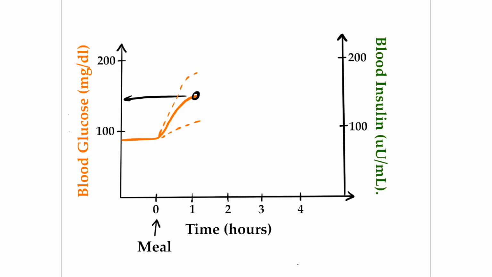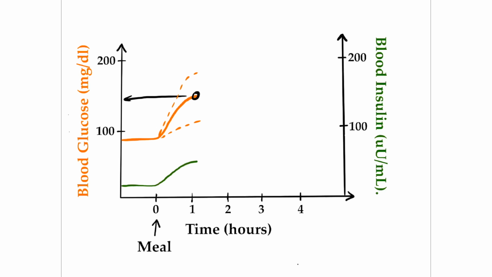Before this peak is even reached, though, the incoming glucose is sensed, and the pancreas stops the production of glucagon and instead now releases another hormone into the bloodstream, insulin. So if you plotted insulin levels on this graph here, let's say in green, this is what this may look like in a healthy person. Insulin tells the liver to stop releasing glucose into the blood. That makes sense, right? Because we now have large amounts of glucose coming into the blood from the GI tract.